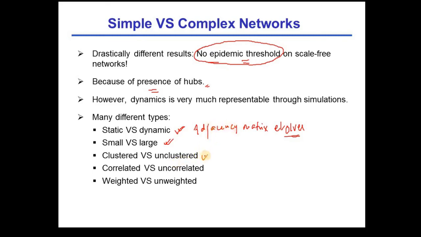You can consider that kind of a network and simulate what is happening there. And correlation between disease propagation, weighted networks, where all the connections are not of equal weight. Some connections are very strong, some connections are quite weak. You can consider that kind of a scenario as well. So this way you can make your networks different, and you can simulate different kinds of epidemic spread on these